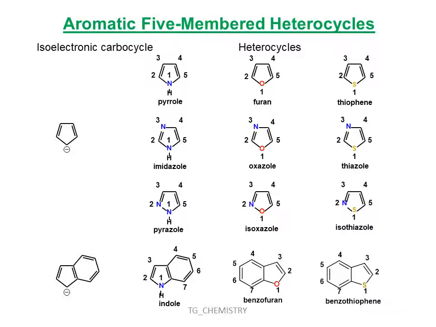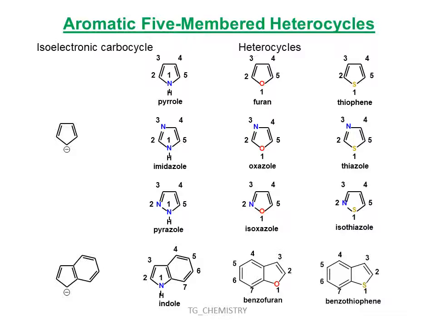If the oxygen and nitrogen atoms are at 1,2 position, it will be known as isooxazole. And like indole, if the heteroatom is oxygen and furan is fused with the benzene ring, it will be known as benzofuran. Third column, a sulfur atom is there in the heterocyclic structure known as thiophene, and if in addition to sulfur there is a nitrogen atom and they are at 1,3 position in the five-membered structure, this will be known as